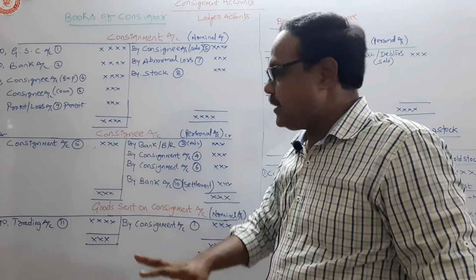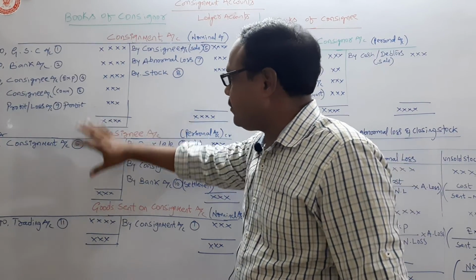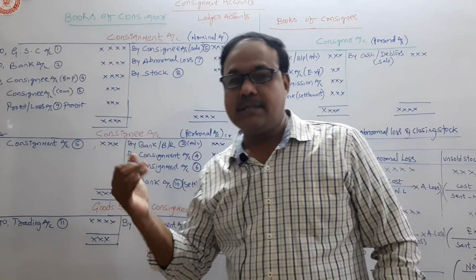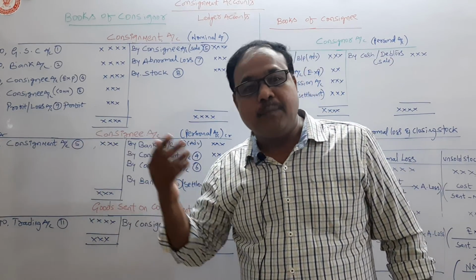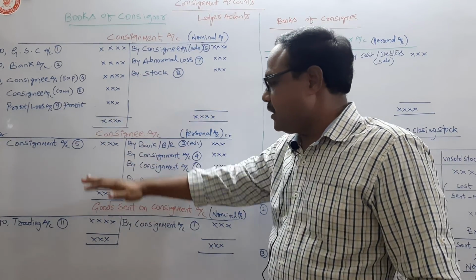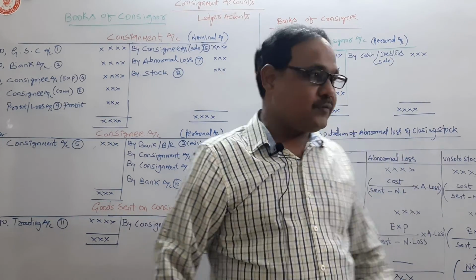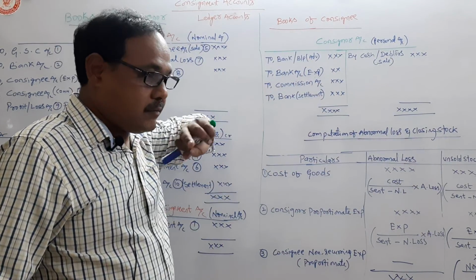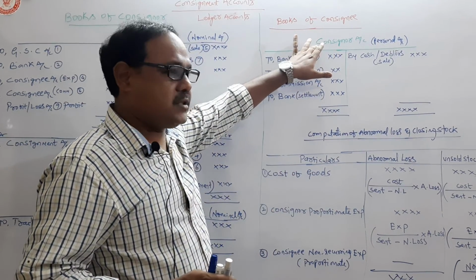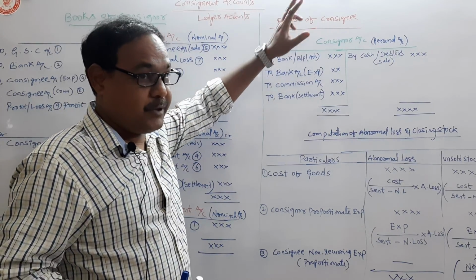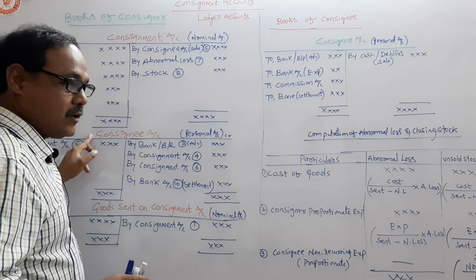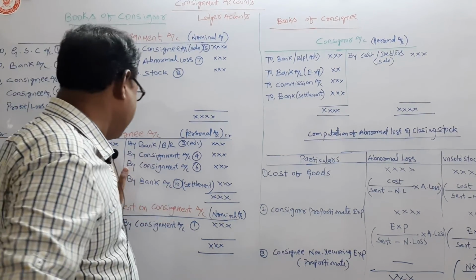See how very simple. If you are able to remember these ledgers, you can easily remember the journal entries. No need to rote study, no need to learn by heart. Just look at these ledgers, then you can understand. And next one, regarding the consignee books, consigner account. Consignee prepares consigner account, consigner prepares consignee account. Just simply it is a mirror.